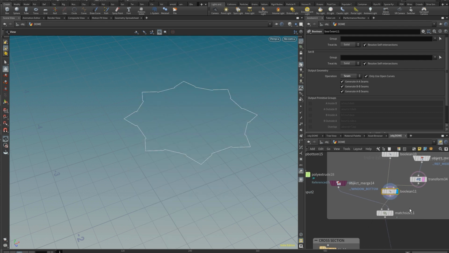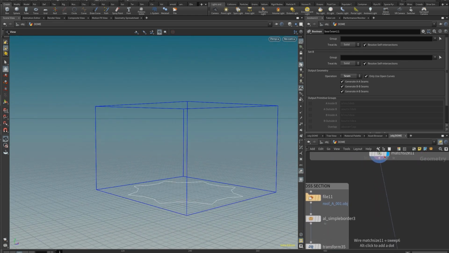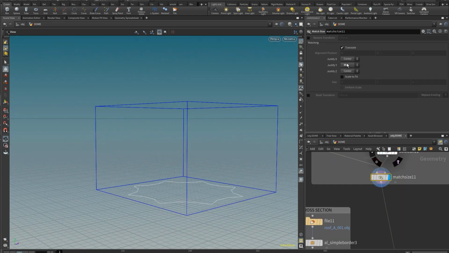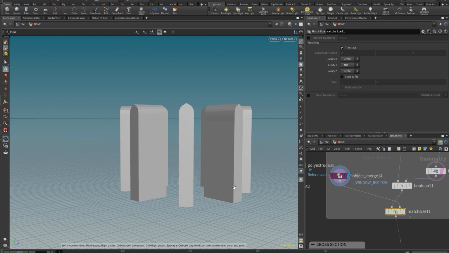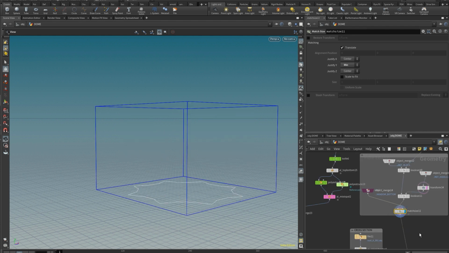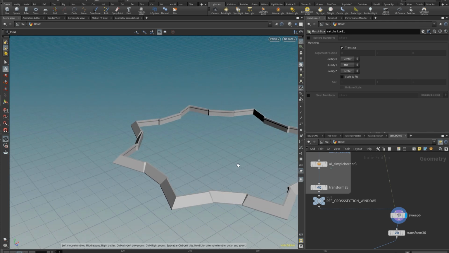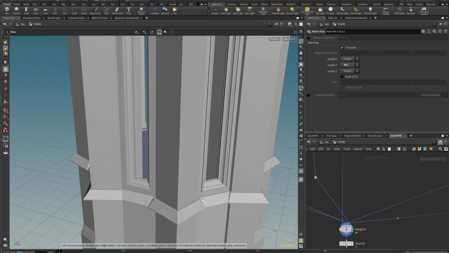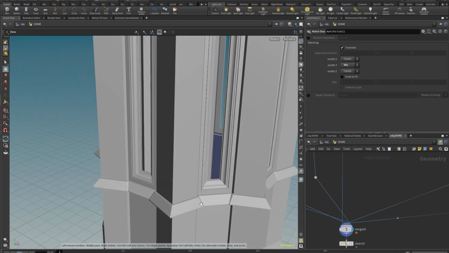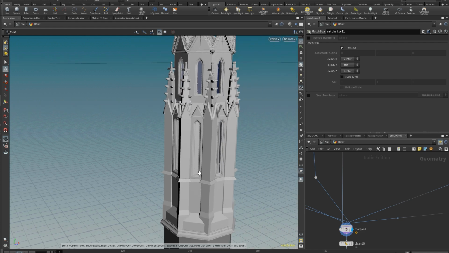I use a sweep. In that case, I'm using a match size to fit it at the bottom of my shape. So just set the justify Y to minimum, and here you go. In that case, I'm fitting it at the bottom of the windows so that I can then sweep this guy. And when I merge everything, we have this nice decoration in here. So it really helps also on adding complexity to the model.